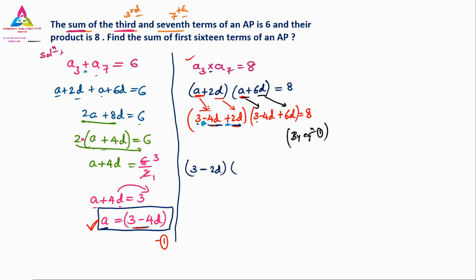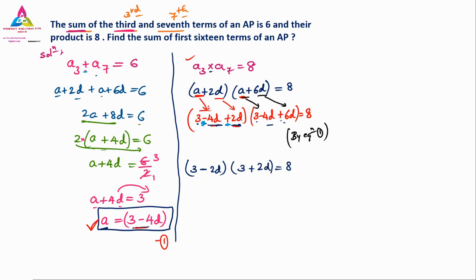Next, how to write the bracket. Here also it is the same, 3 is there, so I will write 3. Here the greatest number, you can see whether 4D is greater or 6D is greater. 6D is greater, having the positive symbol, so it is plus, and 6D minus 4D, because the greatest number is 6D and 4D is the smaller number, so I have to subtract 4D from 6D. 6D minus 4D is nothing but 2D, that is equal to 8.